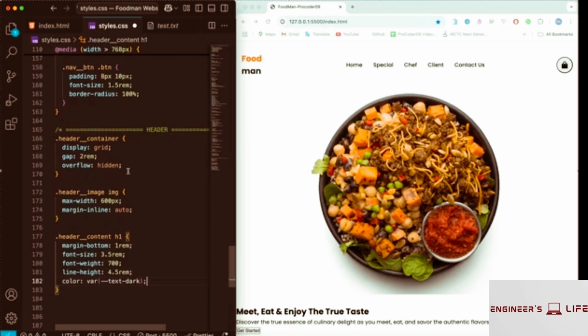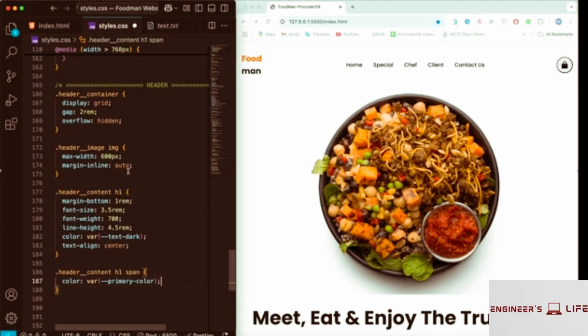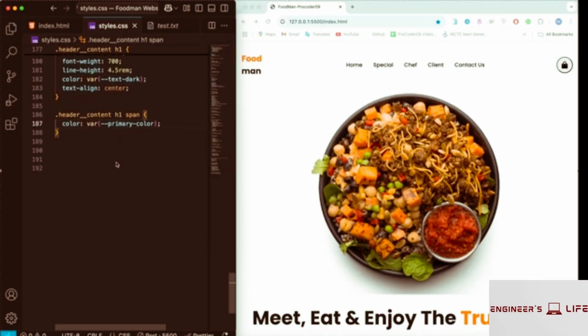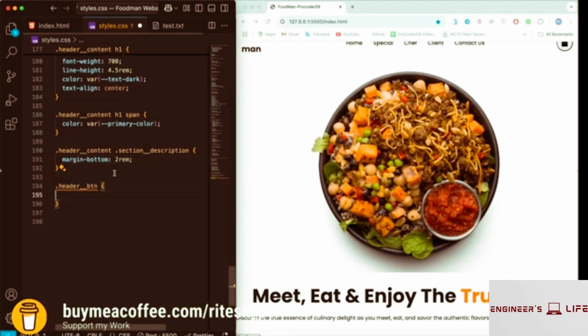Okay, yeah, now it looks great. Then for the span part here, add primary color, and after that, for the section content and description, add this part, that is margin bottom. Let's move over here. Yeah, now header button will be text align center,